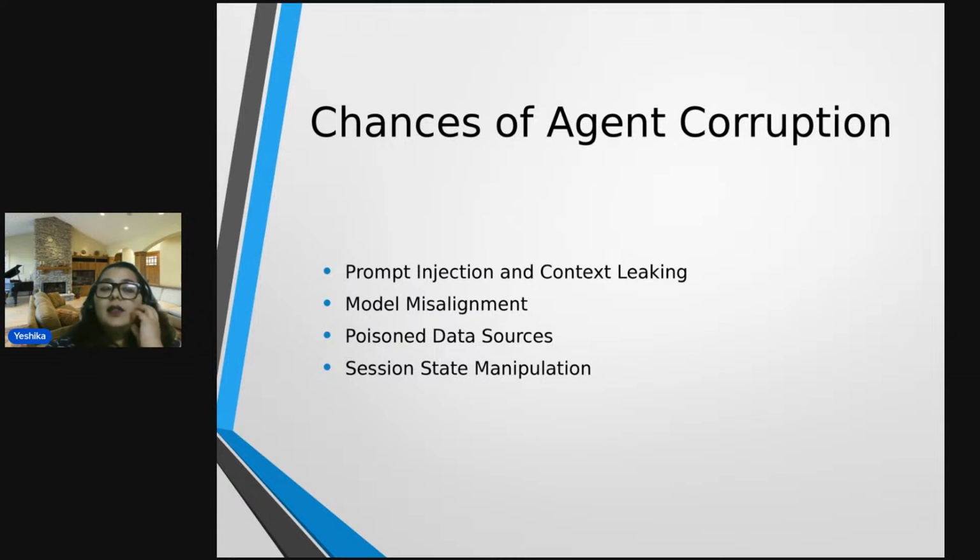Yes, another chance of agent corruption that is possible is prompt injection, one of the major concerns when we talk about the external entity utilizing your particular agent to fetch the data, exploit the attack surfaces, and threaten the agent.